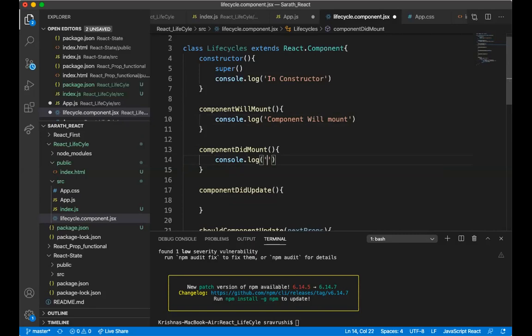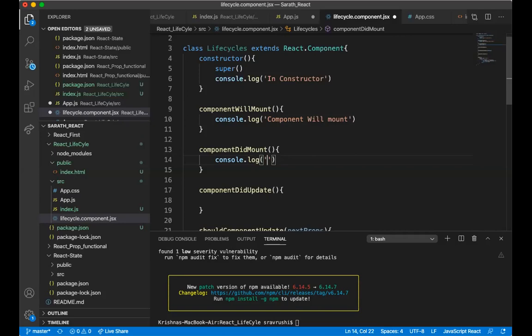Component did mount is one of the important ones, and at the very first point of time this will execute. So component will mount, render, and also component did mount, all these three will be executed in the very first initial phases only. And prior to that, the constructor also will be executed.